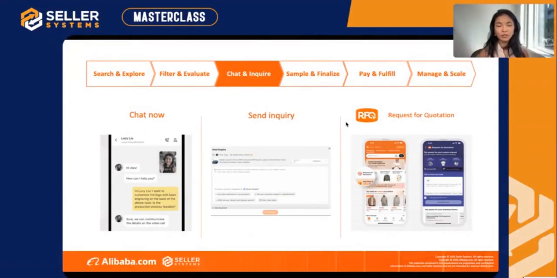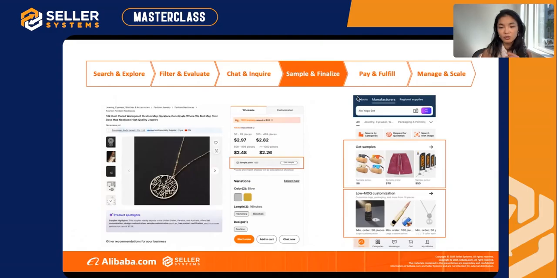Here, the hope is that you have got about 10 or 20 quotes, also assessing different capabilities of the suppliers. And then what you can do is to ideally look for at least 3 suppliers that you can place an order for the sample with. So you can do that. There are a few options for you to do it. On the specific website, on the page, there will be a place for you to place an order for the sample